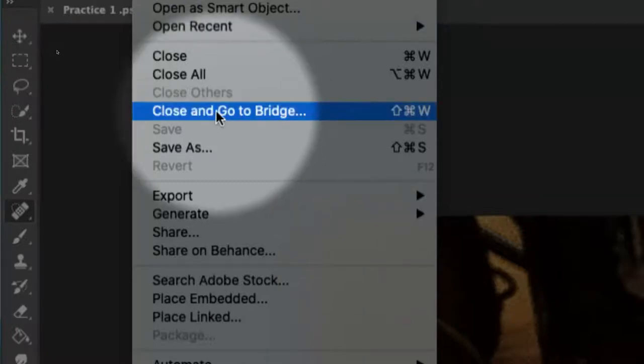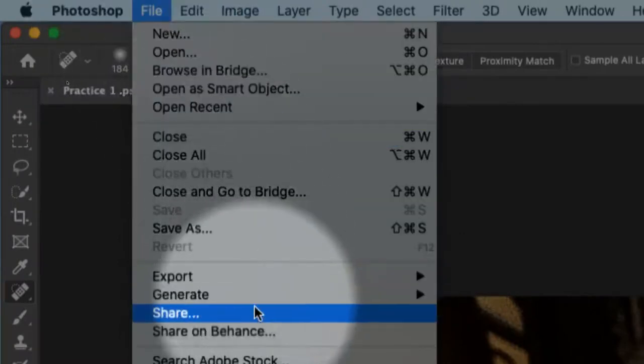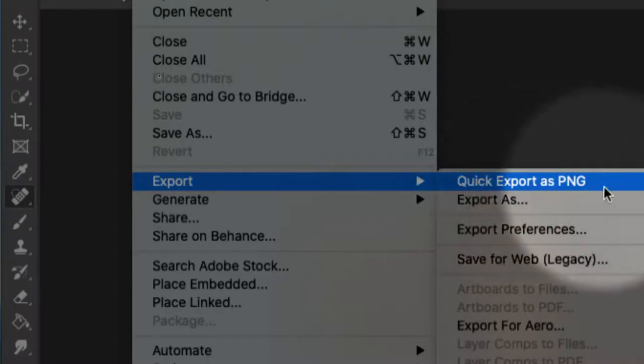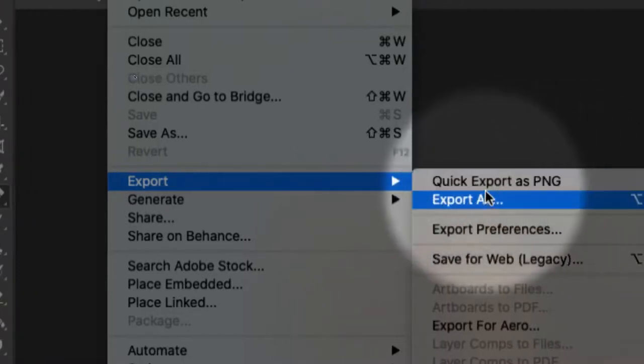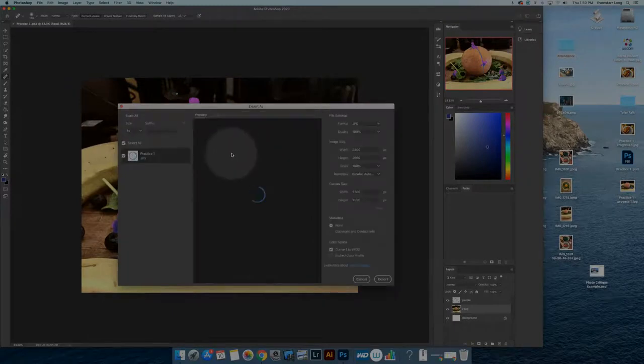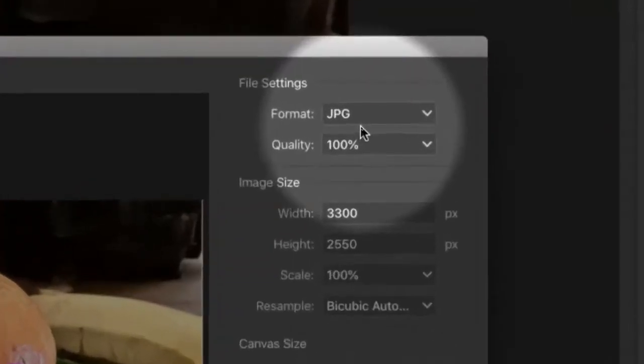So in the same place of going up to File, we're going to come down to Export. And you'll have some options. If you're in a different program, it might look a little bit different, but you're going to go to Export As. When I zoom out, usually it'll pop up with another window. It'll show what the image will look like and then give you some options on how you want to export it. Mainly for our purposes,